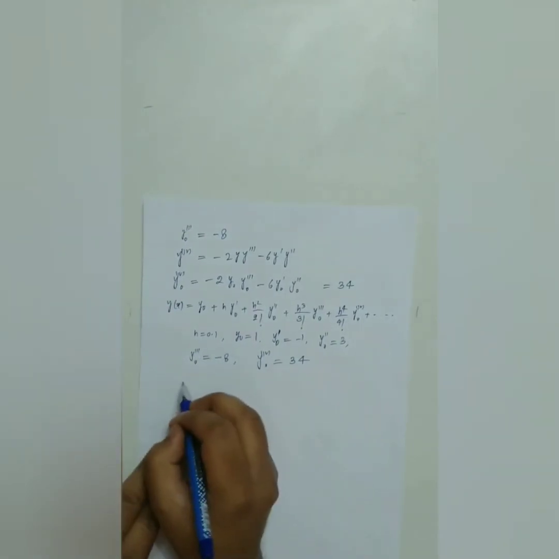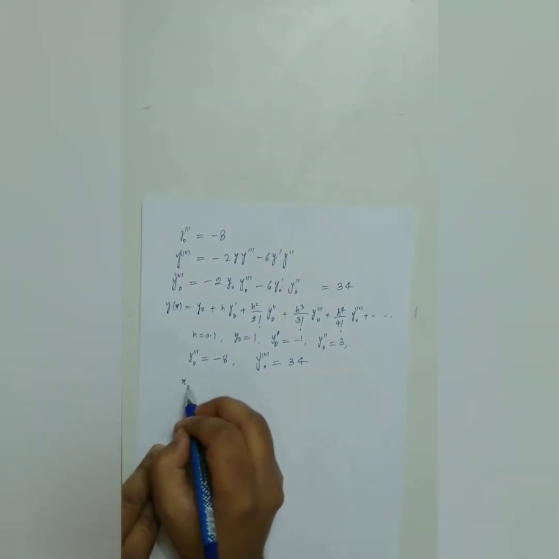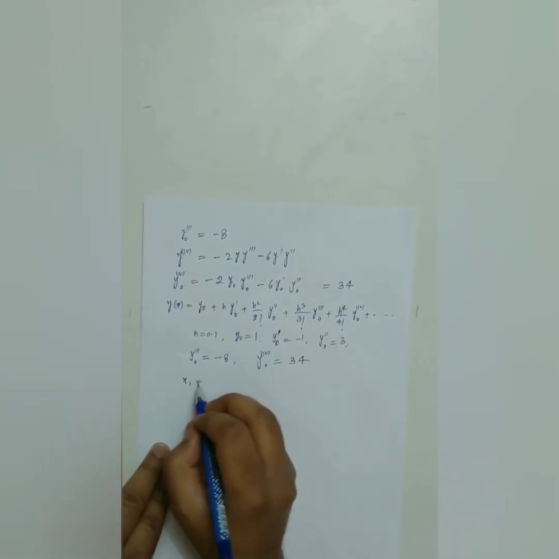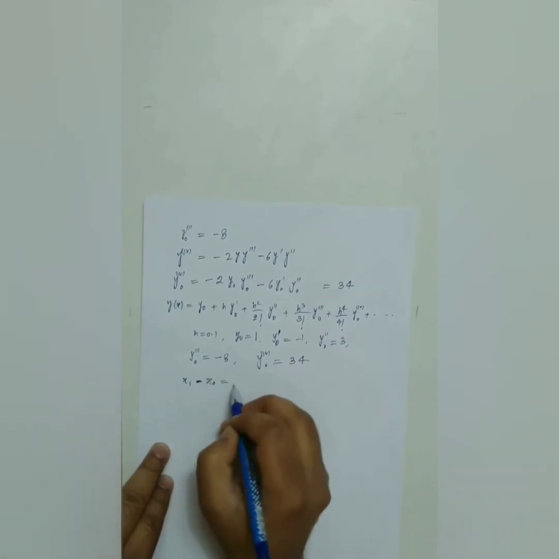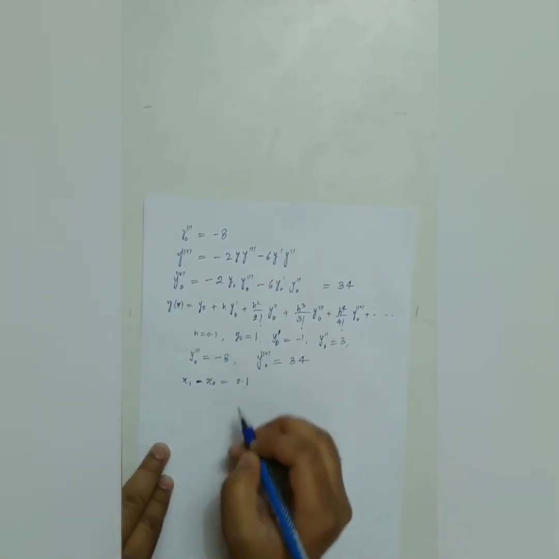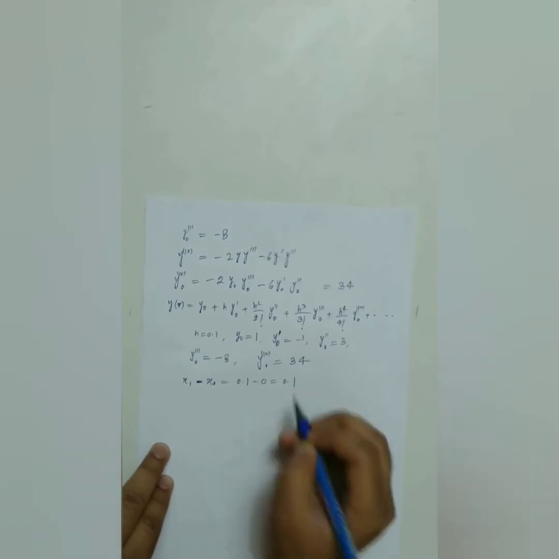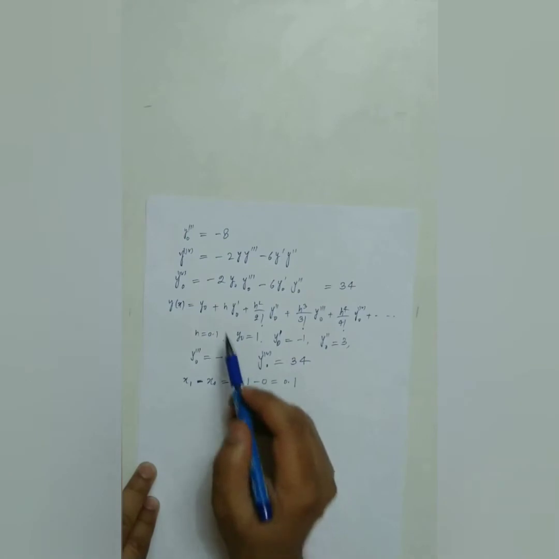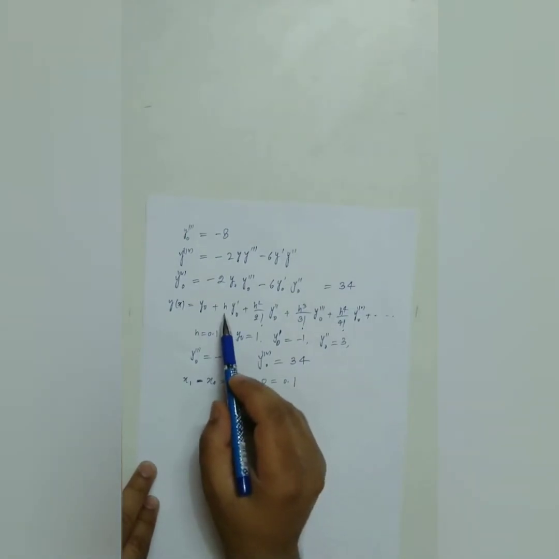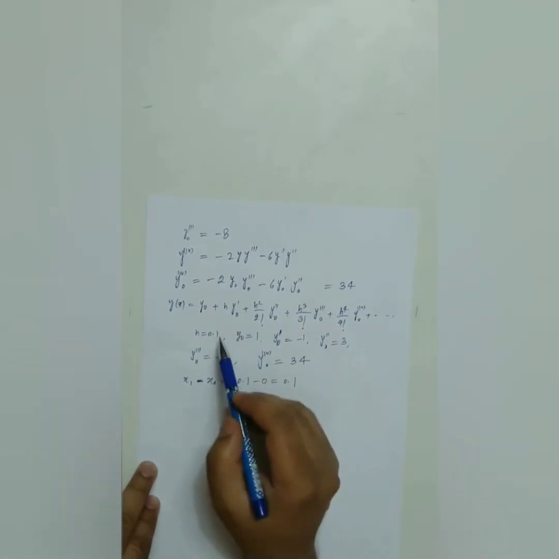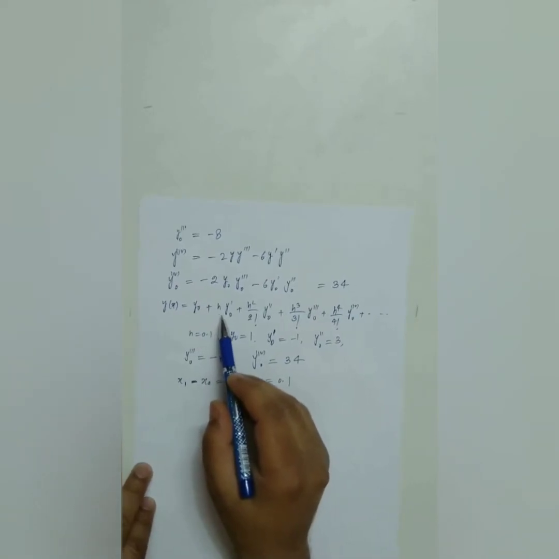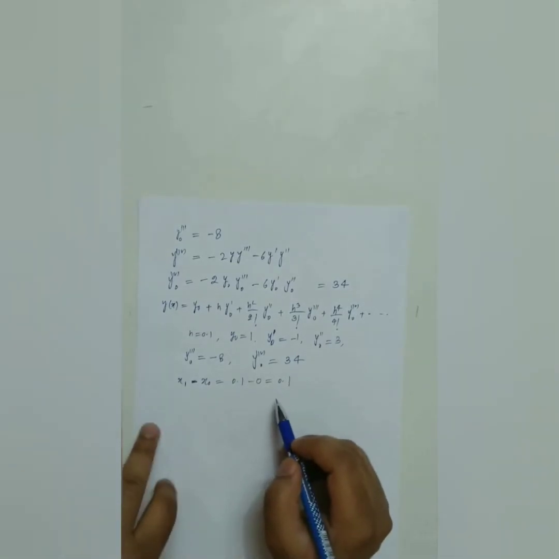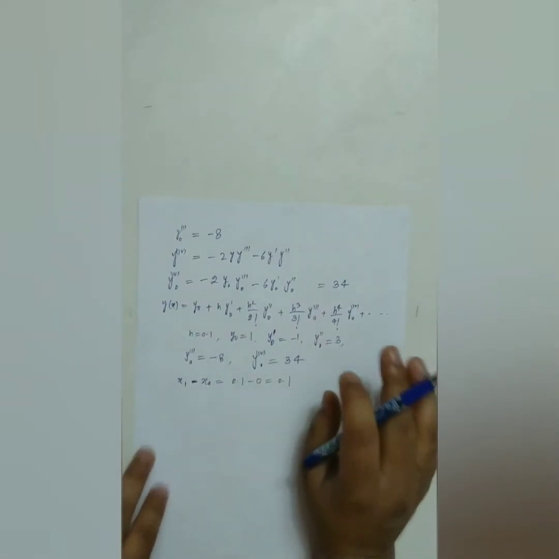Here x1 minus x0 is equal to 0.1 minus 0, that is equal to 0.1. Since the value of x1 is 0.1 and small, h is also 0.1, so when we put the values in place of h square, h cube, h to power 4, the higher powers will be very small, so we can ignore the higher order derivatives.